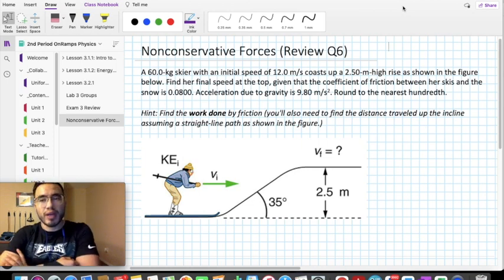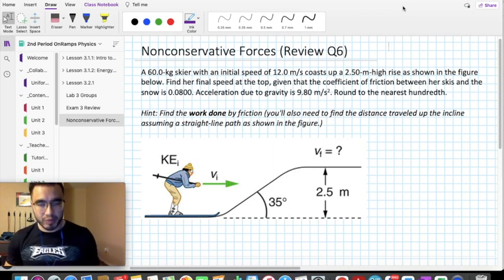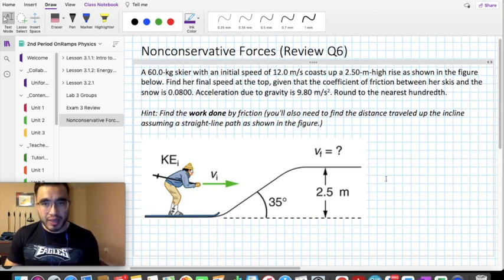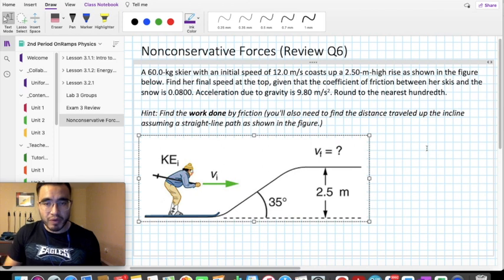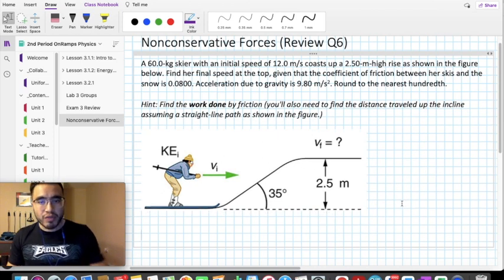Okay, don't forget that hints are meant to help make the problem a little bit easier, which is to say that it makes the concept a bit more clear. Okay, so we have to work with friction, right? And then friction is an example of a non-conservative force, and the definition is implied in the name, right? So those are forces that